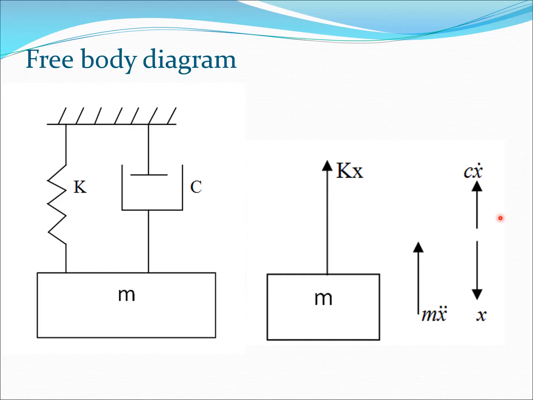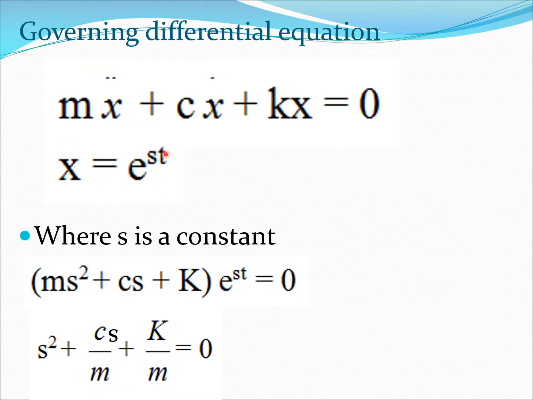So the net result of these three forces is that we can write the governing equation m x double dot plus c x dot plus kx equal to 0, because there is no forcing on this problem. This is again a free vibration problem. We are going to discuss forcing in a later lecture. So that's our governing differential equation, m x double dot plus c x dot plus kx equal to 0, which is ubiquitous